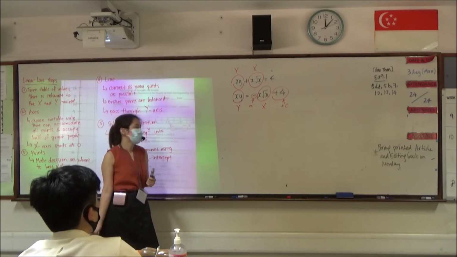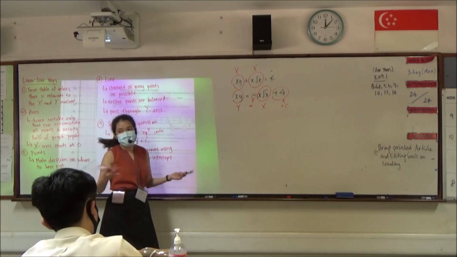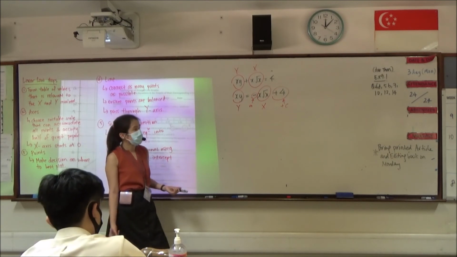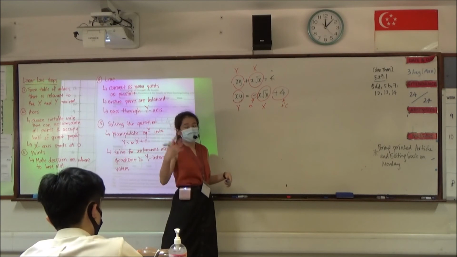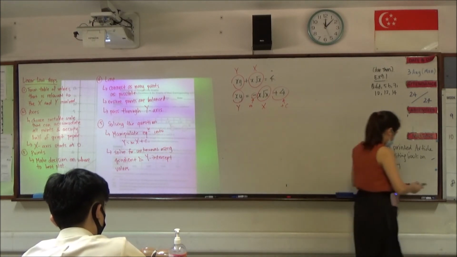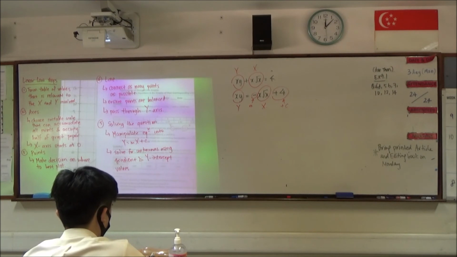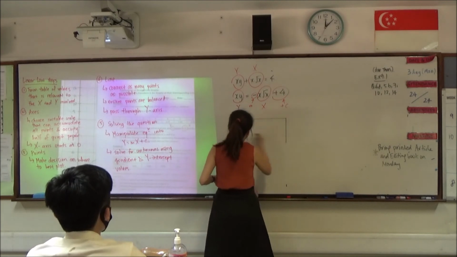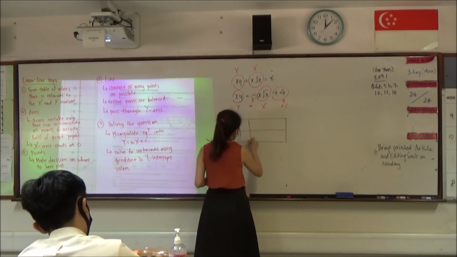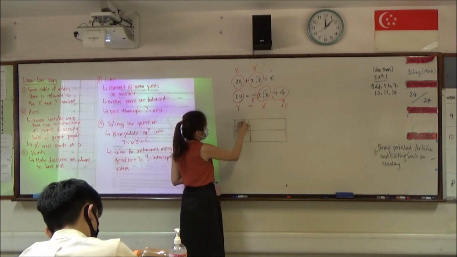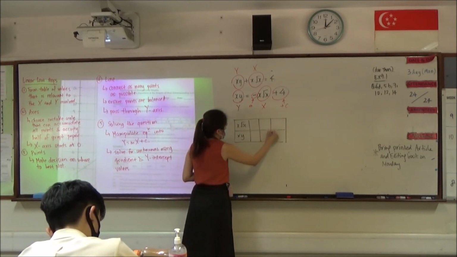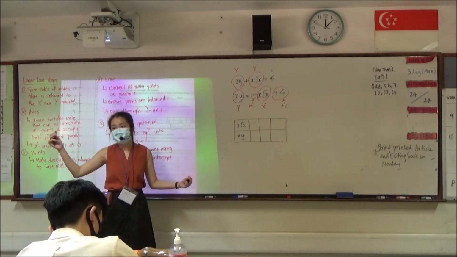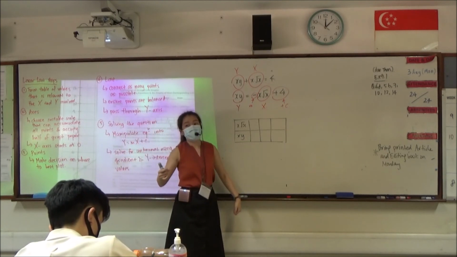If you're skilled enough, you can do away with having a table of values, and just draw a line parallel to y equals negative x, with intercept 4. Of course, I understand we're not at that level yet. So to draw this line, you can draw another table of values. In this case, we just draw a very simple one, with x square root x and xy. Just 3 points will do. In fact 2 points is enough to draw a line, but 3 points will be more accurate.